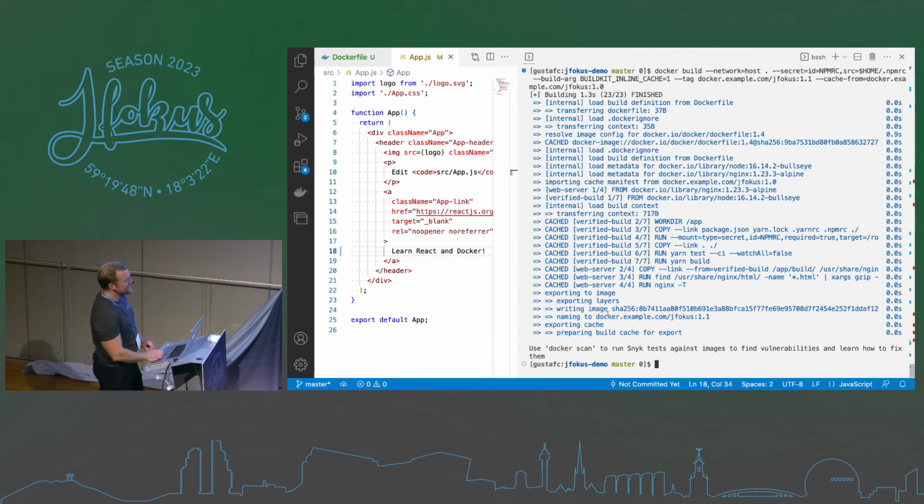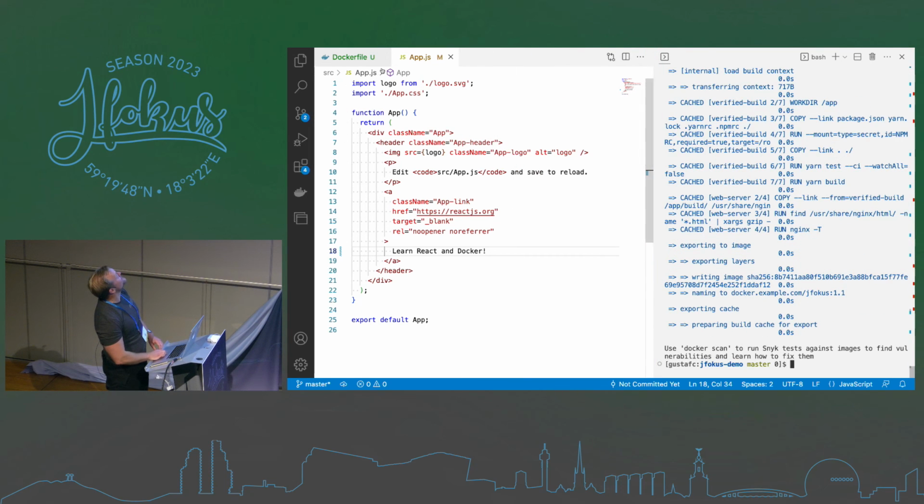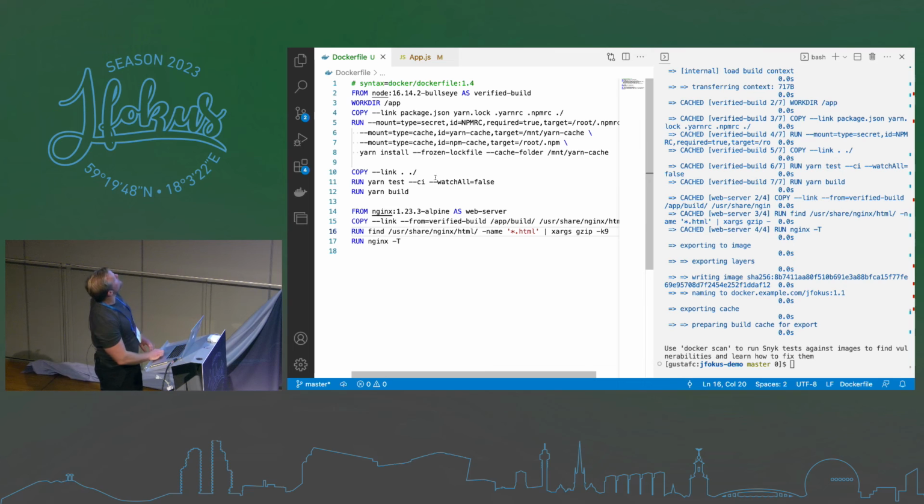Yeah, things are great. So let's quickly parallelize our build. If you're running Java, for example, you will obviously have to compile your stuff before you can run the tests, but this is JavaScript. We follow no man's law. We test our stuff before we compile it. So there's not really any reason why these two steps should run in sequence. They could run in parallel. So what we're going to do is that